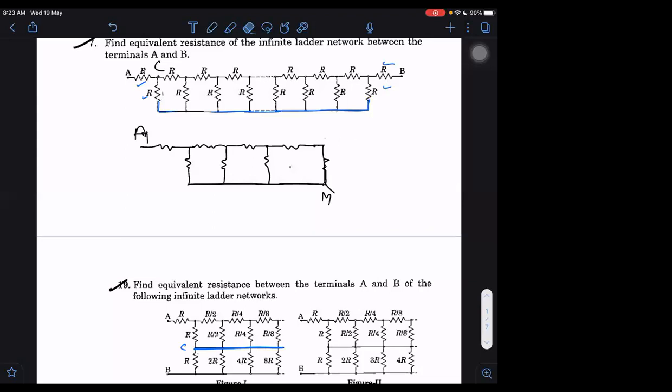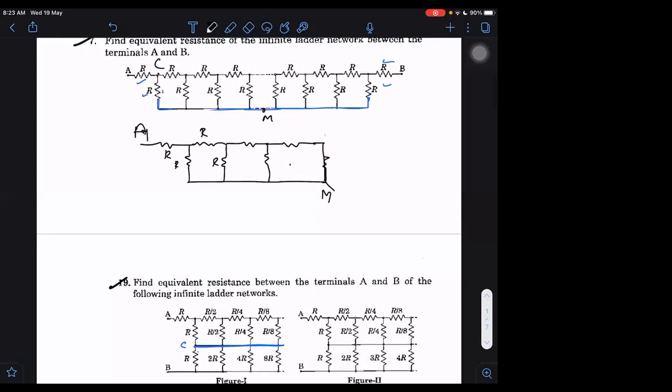I'm taking the midpoint somewhere as M. Then what kind of network is it now? It is again R. It is becoming R by 2 in parallel with R, then in series with R. That is infinite only, sir. Again, 2 R in parallel with R, then again with R. It is infinite only, right? Then why can't we directly take it as x again?